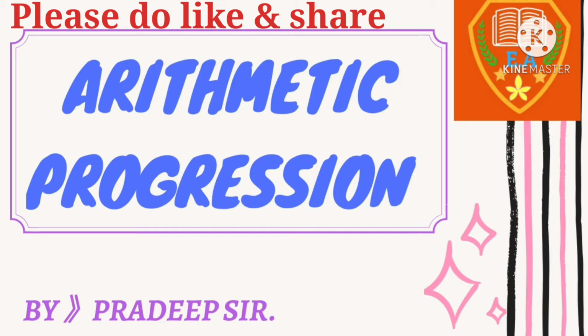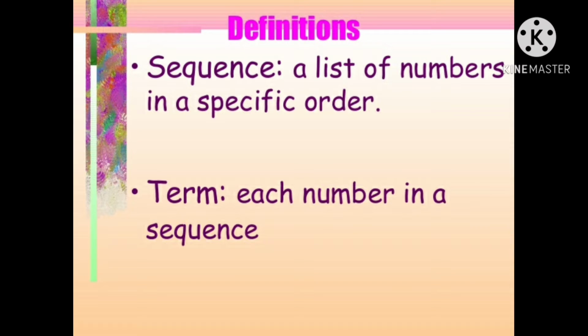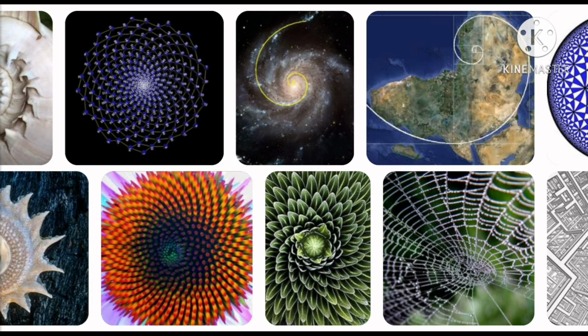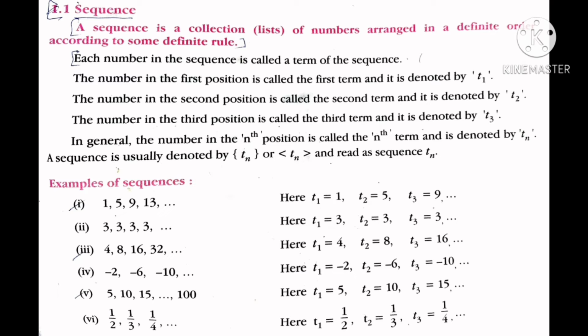So let's start. Before we start with arithmetic progression, there are many concepts to understand. First of all, as all of you noticed, many different flowers and petals are arranged in a specific pattern such as petals of sunflower and many like pineapple leaves, Christmas tree, all are having some patterns, so that's why they look very beautiful. In the same manner, in our mathematics also we notice